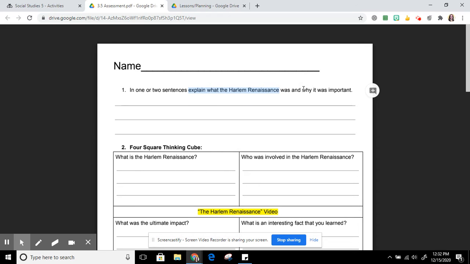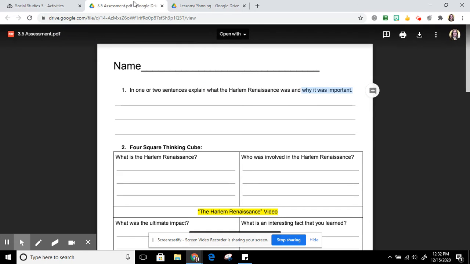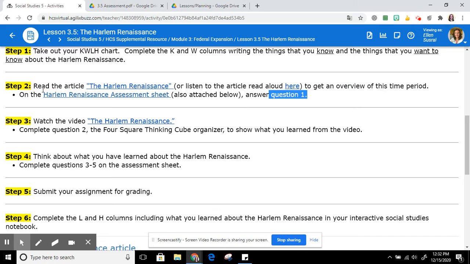Make sure you hit both of those questions. What was it and why was it important? So to get full credit, you got to answer both those parts. It might be easier just to do 2 sentences. The sentence for what the Harlem Renaissance was, a second sentence of why it was important. Okay, so that's step 2. Step 3, you're going to watch the video, The Harlem Renaissance, which is linked right here,